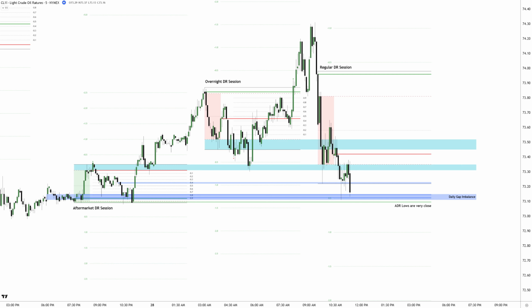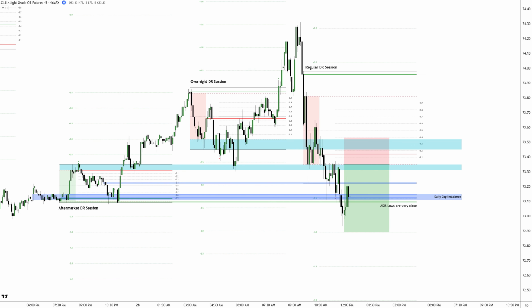Even with previous DR session levels highlighted, there was a possibility of a setup forming if price retraced into these levels, aligning with the IDR lows. However, even when targeting the one standard deviation level, the trade would offer less than a 3R potential if stops were placed correctly to cover key levels. This meant that the reward did not justify the risk, making it an unfavorable setup.